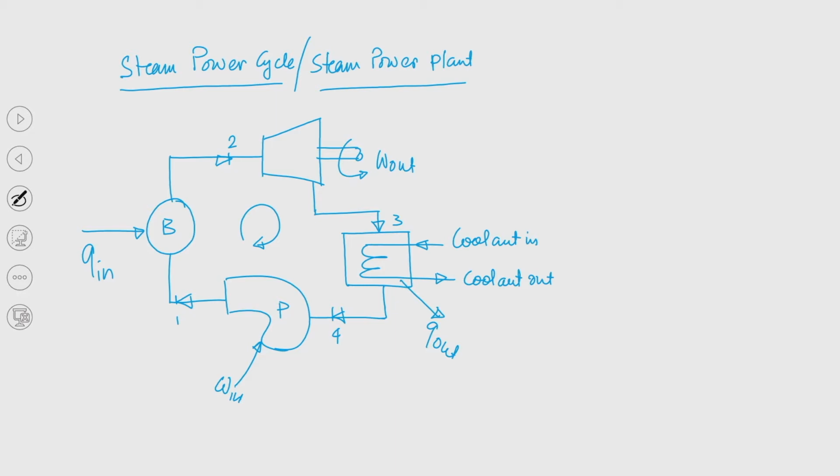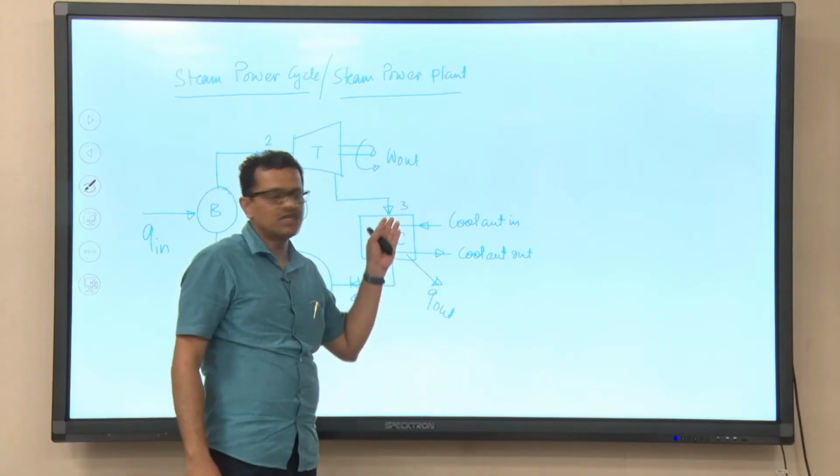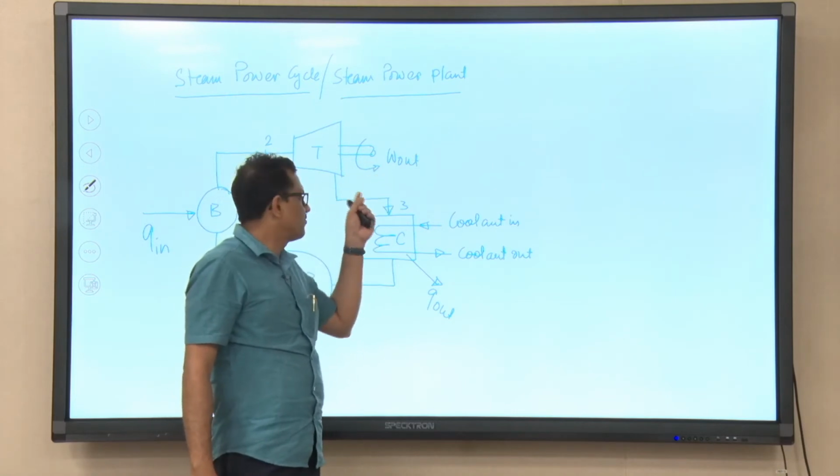While steam is expanding in the turbine, you can understand this is the turbine and this is the condenser. Now, you can understand that though it is a schematic depiction, the turbine shape is kind of a diffuser. So, while steam is flowing through the turbine, it will expand, and while it is expanding, it does work on the wheel of the turbine, and then we are getting work output.